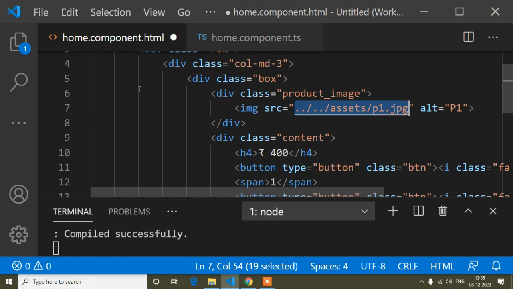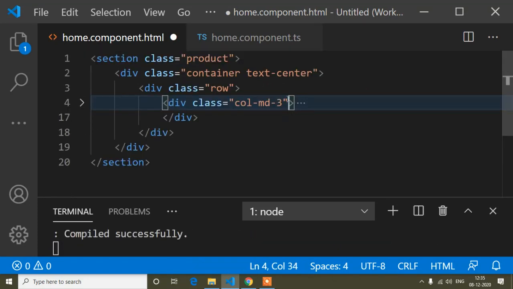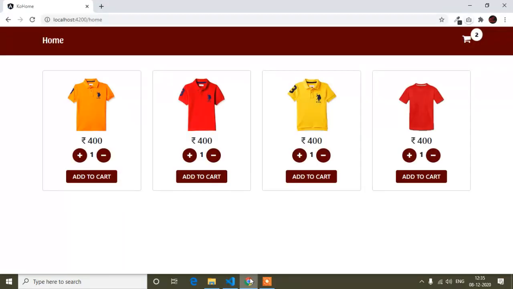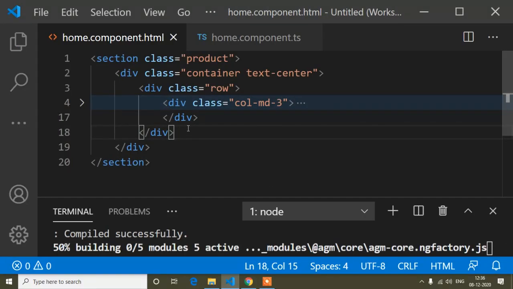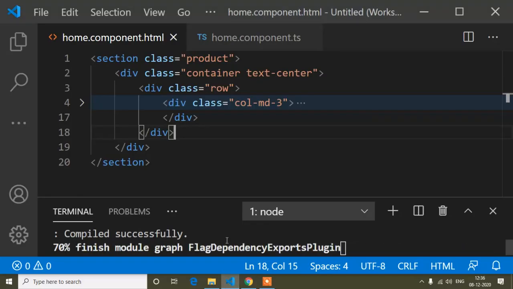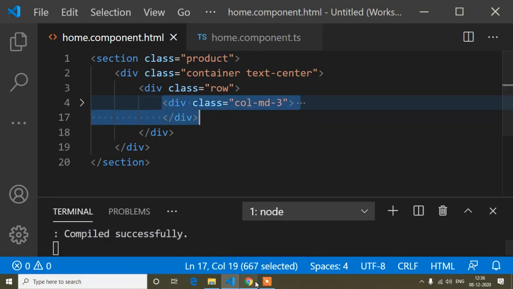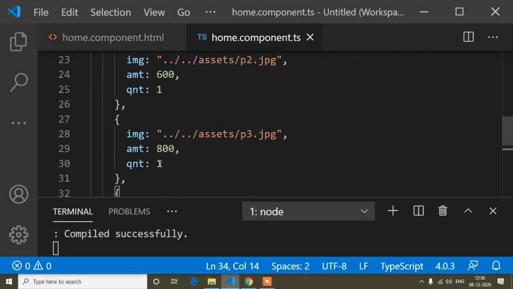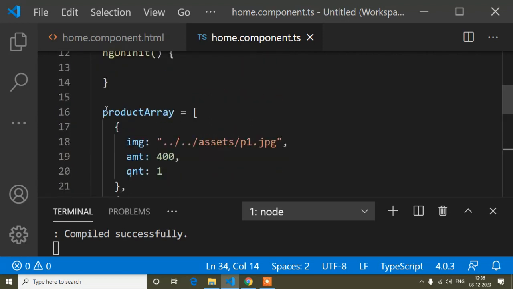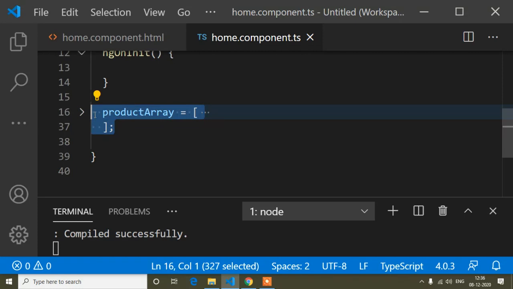Okay, so just here, in this grid I have to write the ngFor of loop. If I save here, I removed all the grids, so only one product will show here. So if I save here, I will show you, first of all, I leave one grid. So here you can see one product, but I have put all the products in this array, so I have to fetch this array. This is the same as an API, because when we get data from an API, it comes in array format. That's why I have created an array. So it's the same like an array, same like an API.